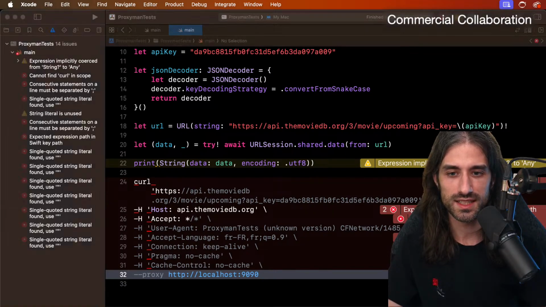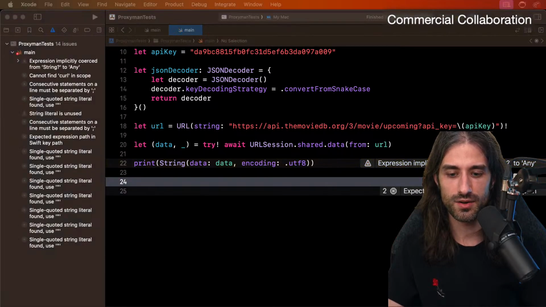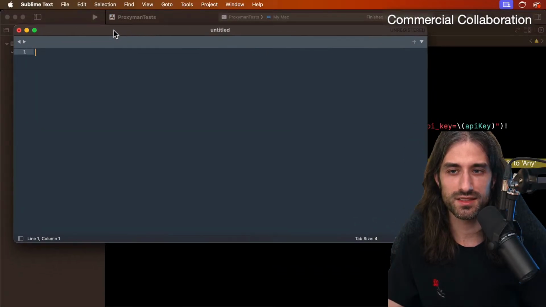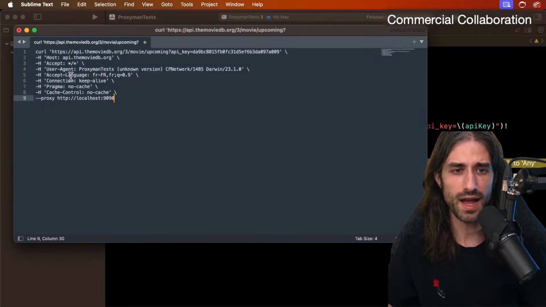So actually, it doesn't look that great in Xcode. So I'm just going to open Sublime Text. I'm doing it on my second screen. Sorry for the delay. All right. So I have Sublime Text. Normally you can see it. I pasted the code. And so you can see this is the code you want to run inside the terminal